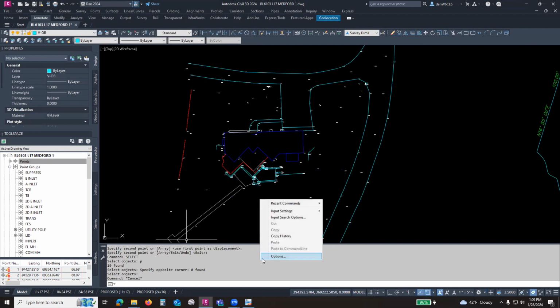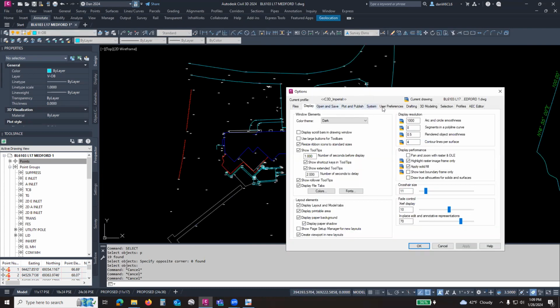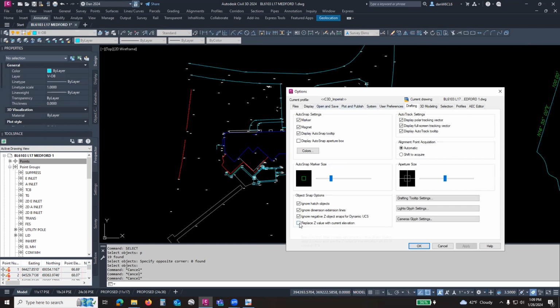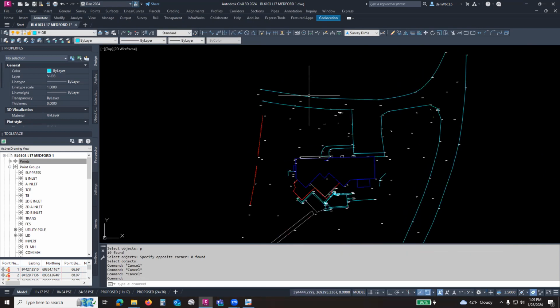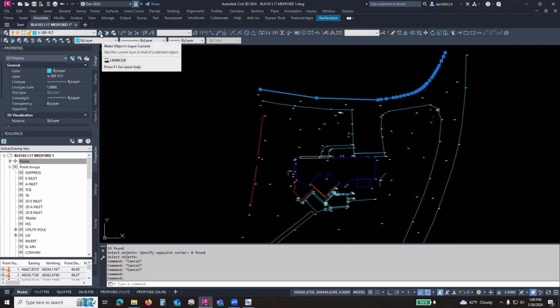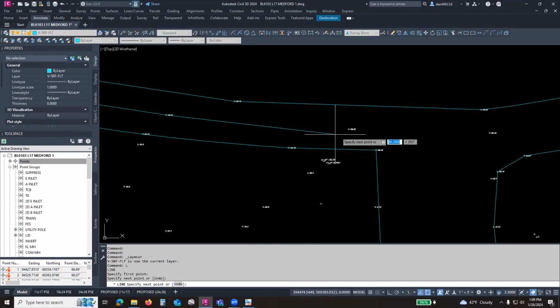We're going to right click down in the command line. I want to check something here. Options, drafting. This replace Z value is not selected, which is good for the purposes of this following command that we're going to run. We're going to do the line. We're going to select this. I want to be on that layer, so I'm going to put my mouse over that. See, it says make that object's layer your current layer. Okay, now we're on the V surface fault layer. I'm going to do line. I'm going to connect all these center lines,